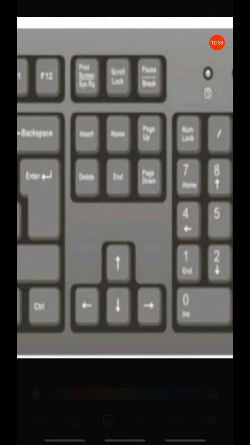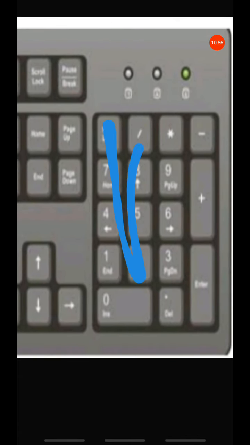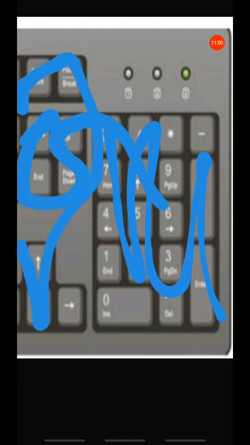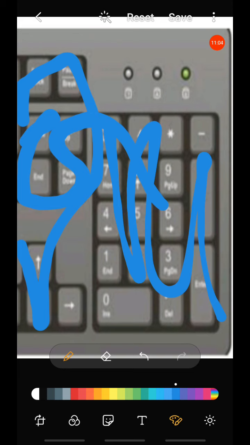Once again, these number keys and these. The right hand has bigger keys.